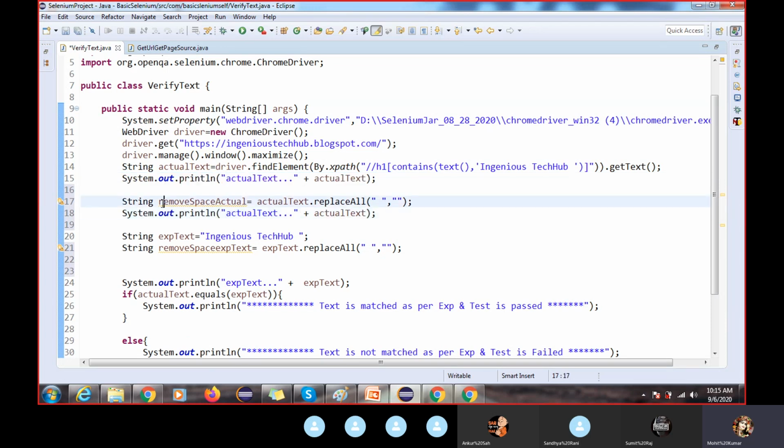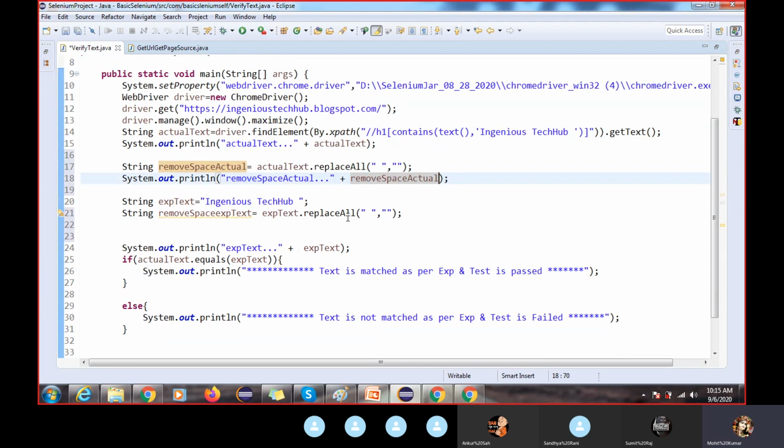So at least we can get what value it is coming. If it still fails, it means there is some bug issue with the application. Let me try to remove all the spaces. I think we have some issue here only. We have given more space, so that's why we'll try to fix this.